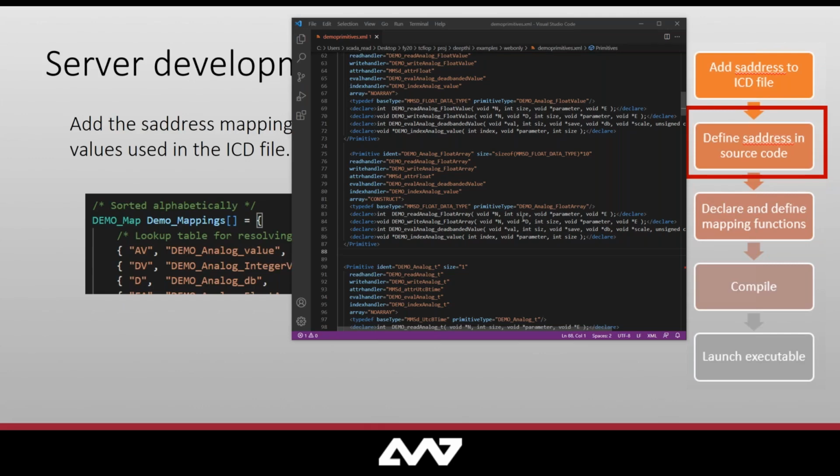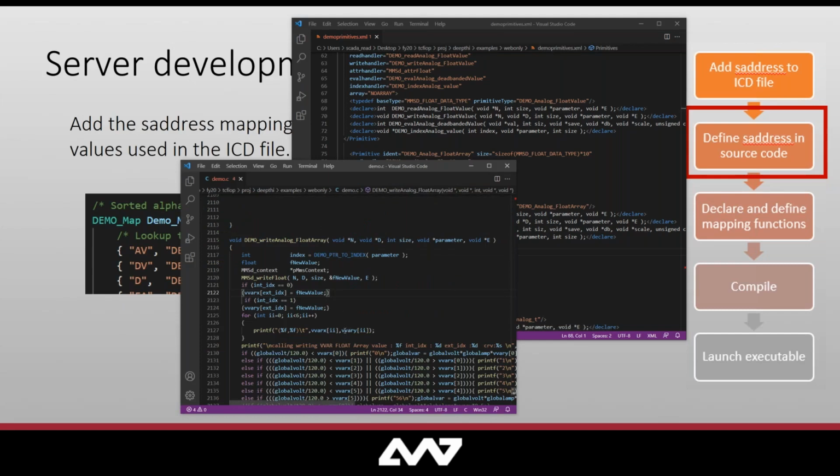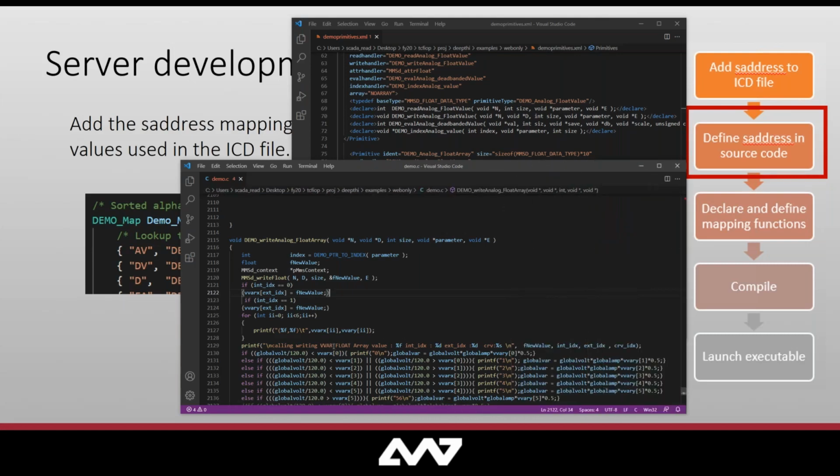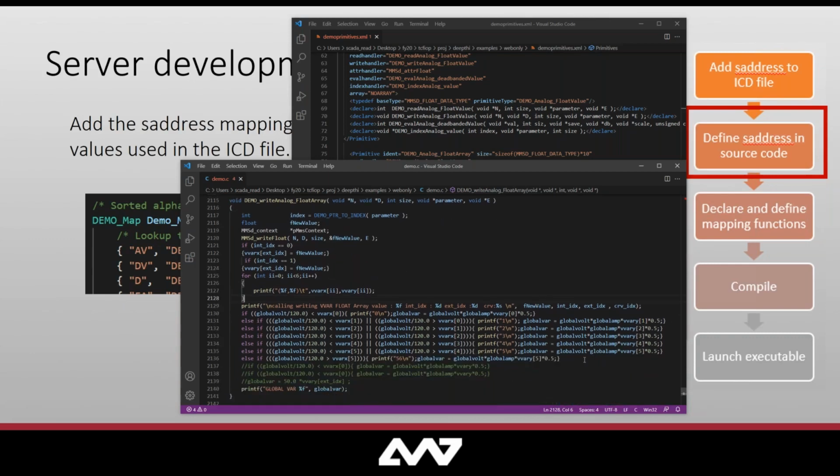Once you define that within the primitives.xml file, you can then define the actual source code for all of these handlers within the file itself. So I have a really simple handler for the float array, since I only have volt-var in here. Just showing an example where this function gets called when a value gets written to the volt-var curve. So you can see that we can get the index from the pointer to the index handler, and then we should be able to get the volt-var curves as well, and just print out what the current volt-var curves are. And once you have that value, you can use it to perform your application within your code.